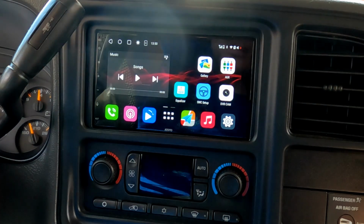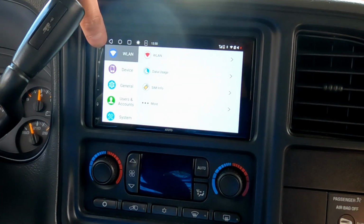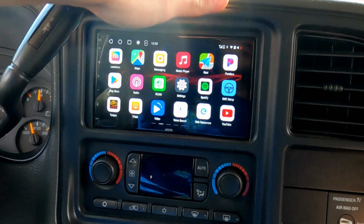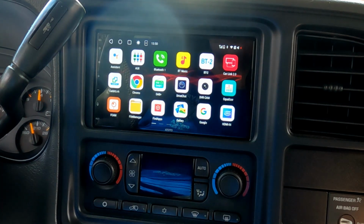You can set up a DVR cam. Like I said, tons of features, and you're not limited to what it can do. Now it does have a lot of apps on it. One thing that it does have is that whole drive chat AI feature, which while you're driving, as you talk, it kind of listens to you, which I don't like. I think that's just kind of weird, but you can set it up where you can just talk to the